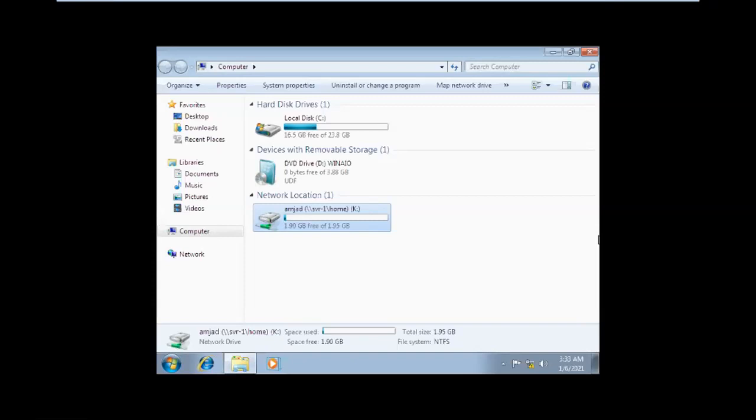Clear? So Usman gets the empty space. But if Usman wants to access that data and needs more space, he needs to mail the team leader and manager to get approval, and then the administrator will expand and increase his space.